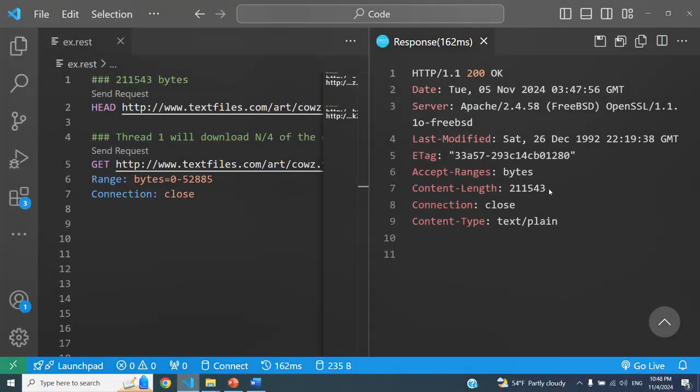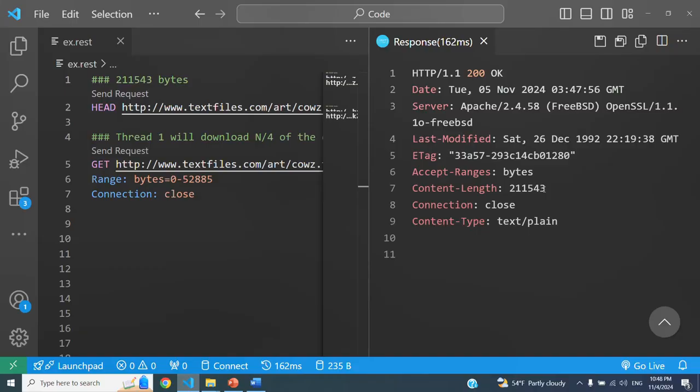And the header line we are interested in is content length. That tells us the size of the object that we are trying to download, which in this case is 211,543.